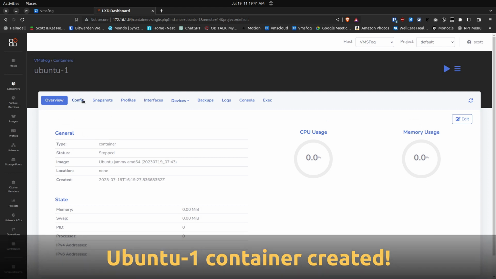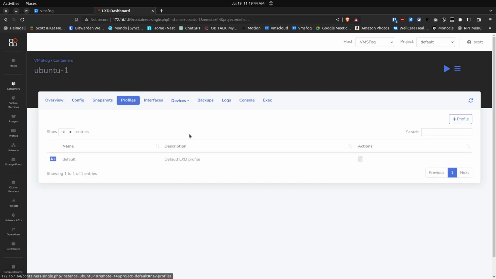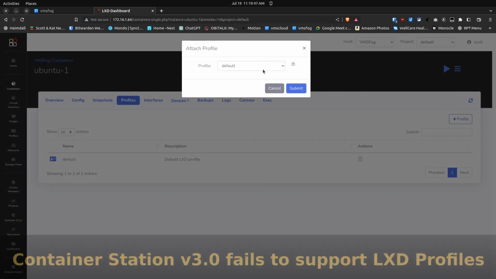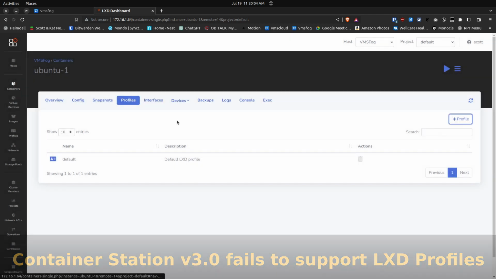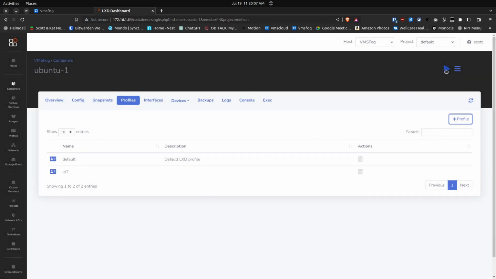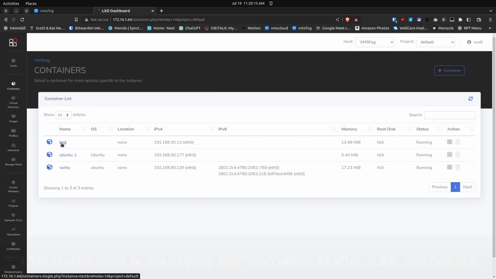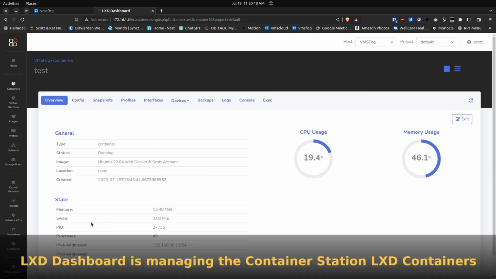There's my image. All right, so this time I'm even going to go under here profiles and add a profile, and I'm going to say go and add my IoT profile. So if you wonder how I got those profiles, watch my other LXD presentations on the channel, and they explain how profiles work. I go ahead and say add that IoT image and start that container, and that container will be up and running. If I go back to the container level and click on test again, it is started, and it has the address